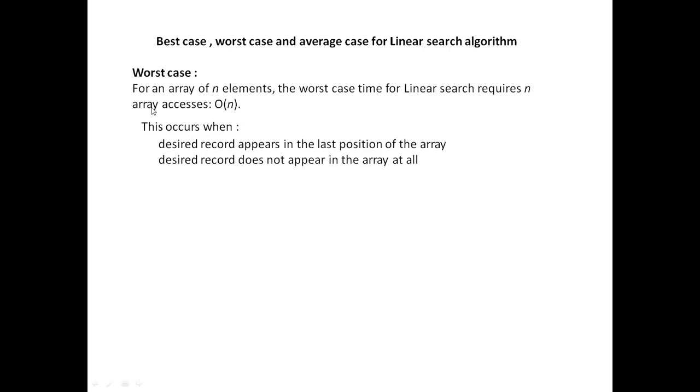So this worst case occurs when the desired record, desired element, or desired student appears in the last position. And another case is when the desired element or record is not even in the given list of numbers. There also I have to search all the given values. So that is the worst case of this linear search.